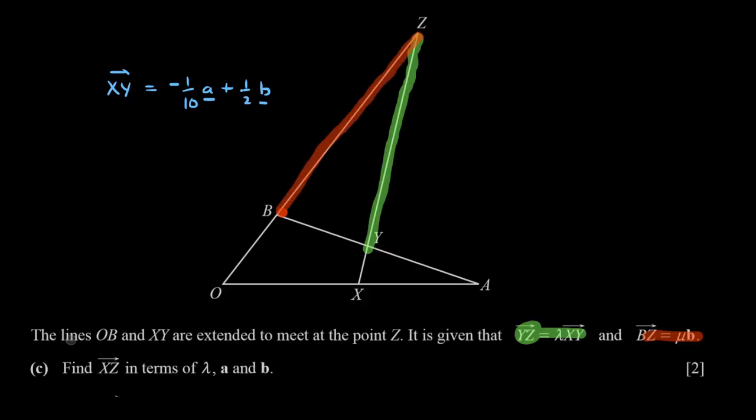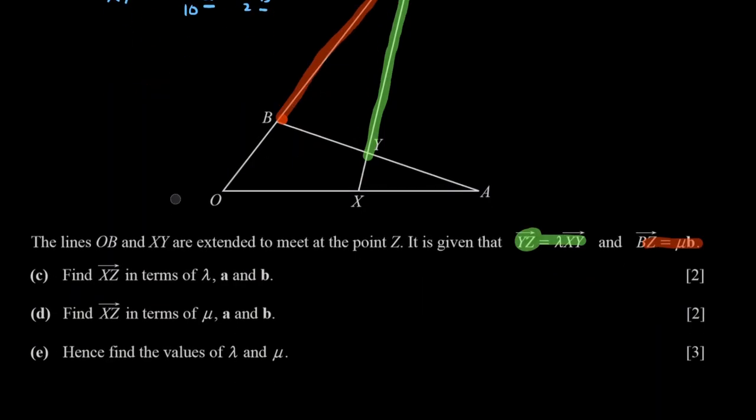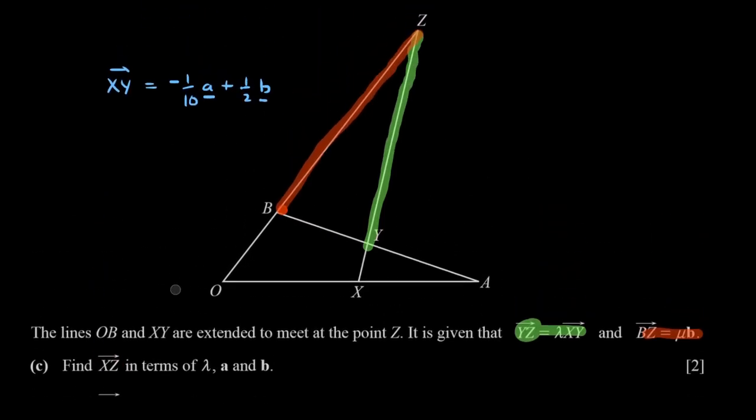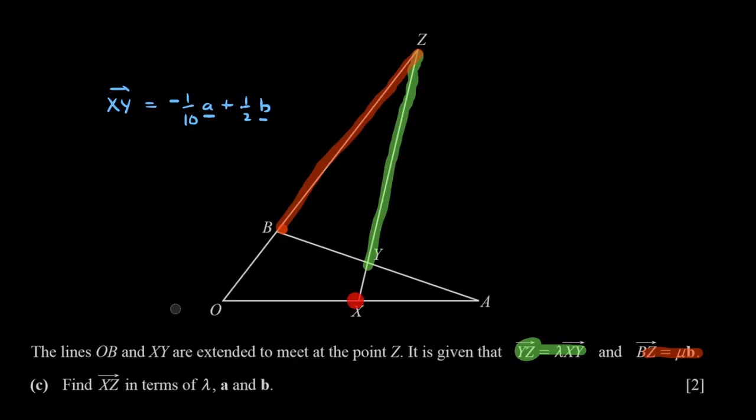Okay, so what are the questions? Well, really, we've got 3 related questions, which is why I've grouped them up. We want to find XZ in terms of lambda, A and B. So what's XZ? XZ is going from here all the way up to here. So how can I write that? Well, I can say that XZ